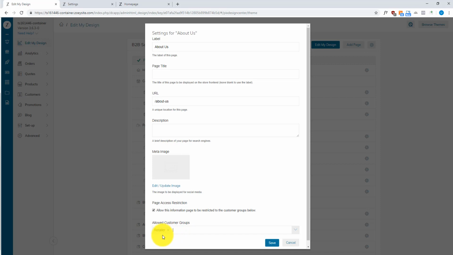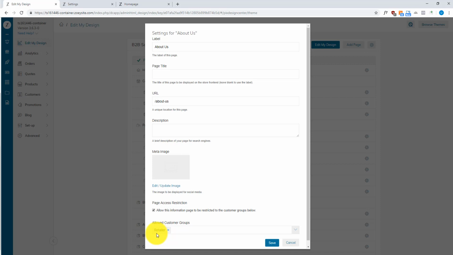This is just a high-level overview of some of the features and functionality that you can do with customer groups and customers within the Zoey admin. There's a lot of additional features and functionality. For example, you can create order attributes that are customer group specific, which means that you can modify the checkout and include information that will only appear for that customer group. You can add text to certain places that only appear for a specific customer group. You can set up promotions that only apply to specific customer groups, or site-wide sales that discount the items for specific customer groups. Effectively, the list goes on and on, but the most important part to remember is